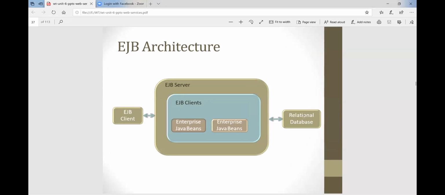A huge amount of information is stored in the database. Whatever is required is loaded into the EJB beans, and it can be provided to the EJB clients through the EJB server. This is the basic architecture of EJB, enterprise Java Beans. In one of the last assignments, depending on the EJB platform, we see how to run a program on the EJB server: file, new web application, all that sequence.